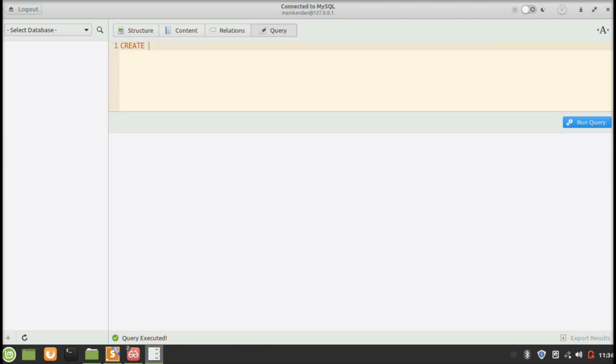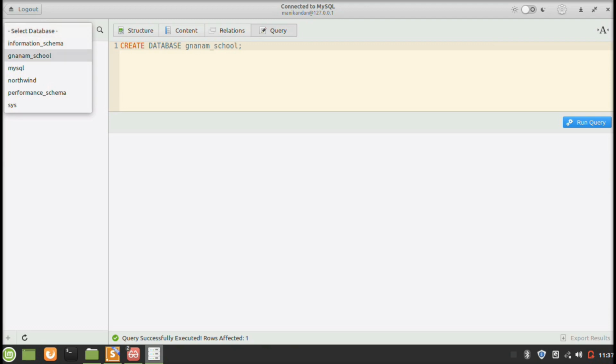Create database Jnanam School. If I click run query, I can execute the create database statement of Jnanam School of Business in the database management system. I can see the query is successfully executed. So if I list the databases, I can see the Jnanam School of Business in the list.